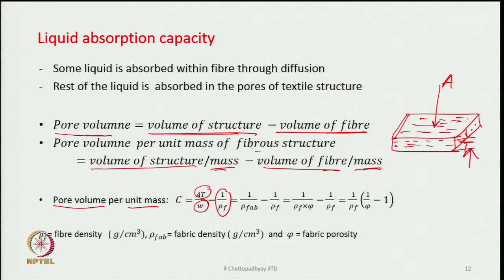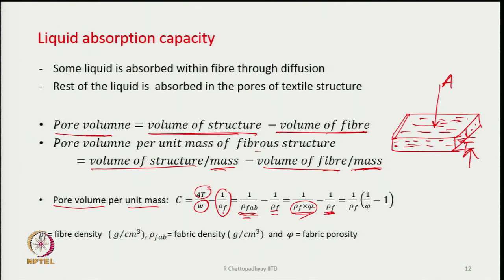and now this volume of fiber per mass basically means 1 upon mass per volume. The reverse of this is basically the density of the fiber, and hence it is 1 upon rho f, and therefore, it is AT by W in a way. If AT we bring it in the denominator, then it becomes W by AT, and that is the density of the fabric. So, 1 upon rho of fabric, 1 upon rho of fiber, and this is density of fabric and density of fiber are related by this formula, that is rho of fabric is rho of fiber into the packing coefficient of fibers within the structure,